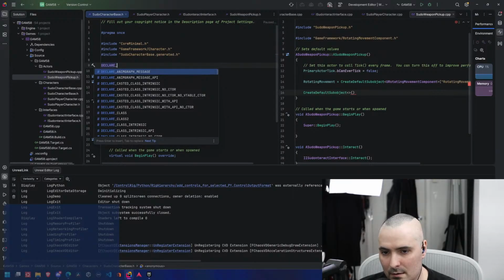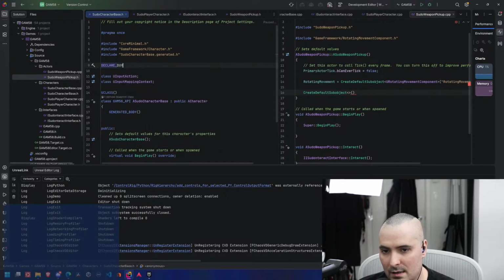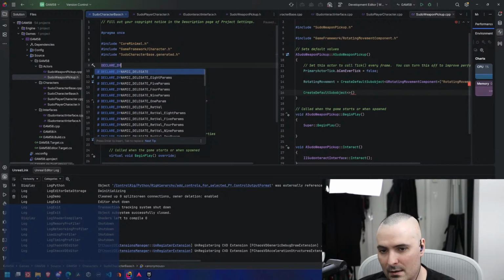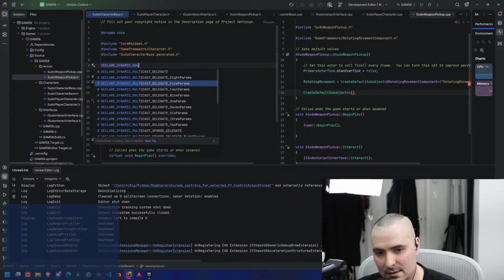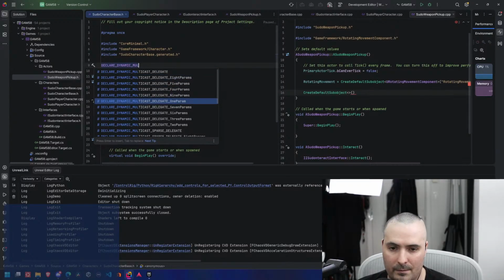Declare dynamic multicast delegate, one param.